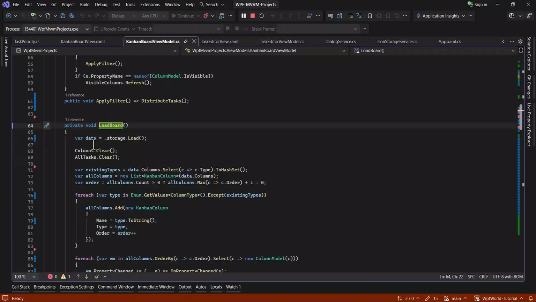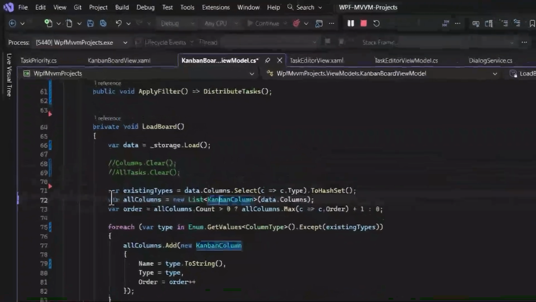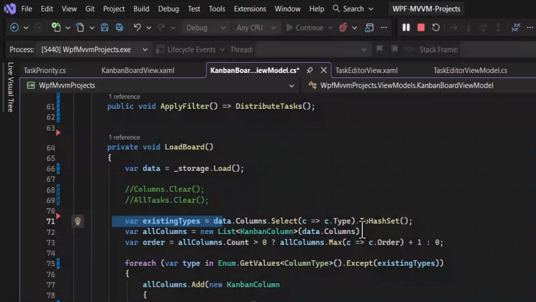So first we will load the data, meaning all the tasks from the JSON file. If it is not there, then it will create and return, and then we are clearing it. For now it is not required, we can comment it. And then, this I already explained, we are taking the column type from this data and then we are extracting